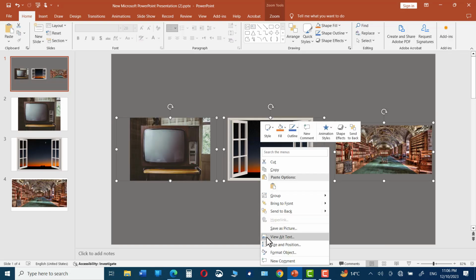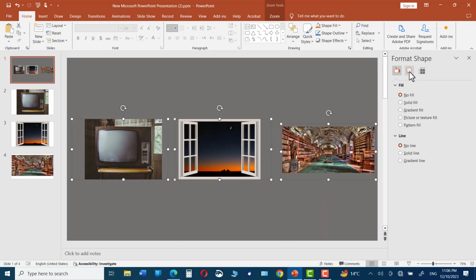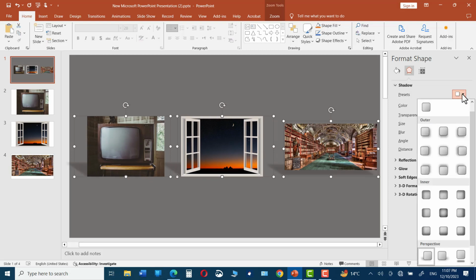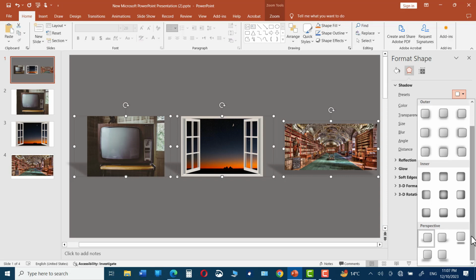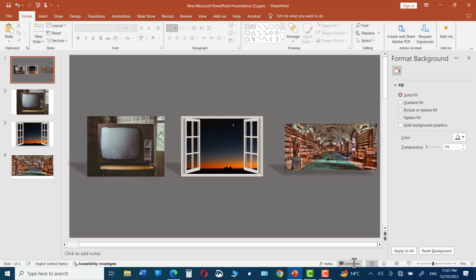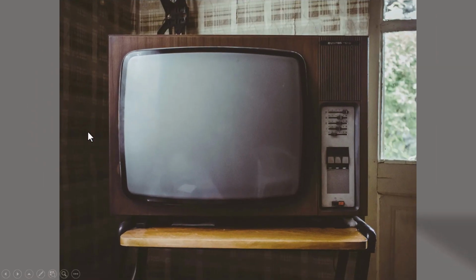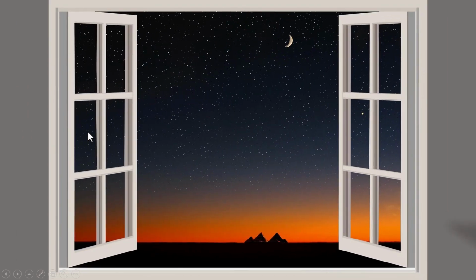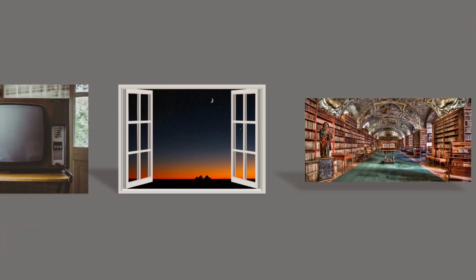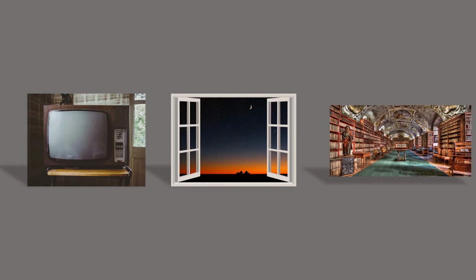Simply right click, go to format object. In the format shape, click on effects, and let's choose some nice shadow effect right from here. Click on presets, and let's get to perspective, and let me choose this perspective upper left, and there we are. Let's check it once more. Click on first one. Again, it moves to the second, again to the last, and zoom out to show everything